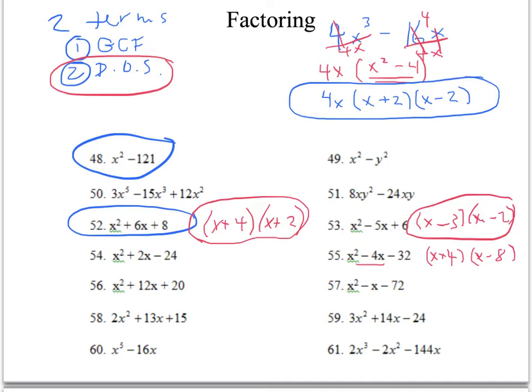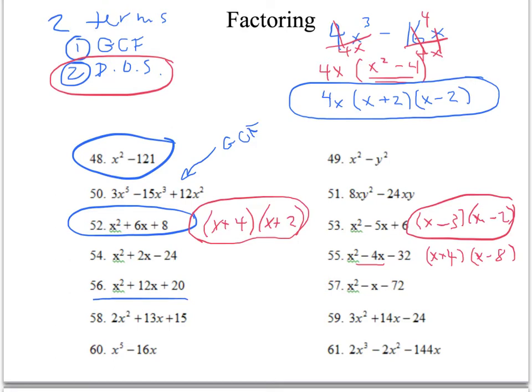Alright, now just a couple hints on the rest of this slide. If you do a problem like number 50, it's a double factoring type problem. In other words, you have to GCF first. So I'm looking at number 50. You have to GCF first, and then it may be that you can factor again. Alright? As we move along,